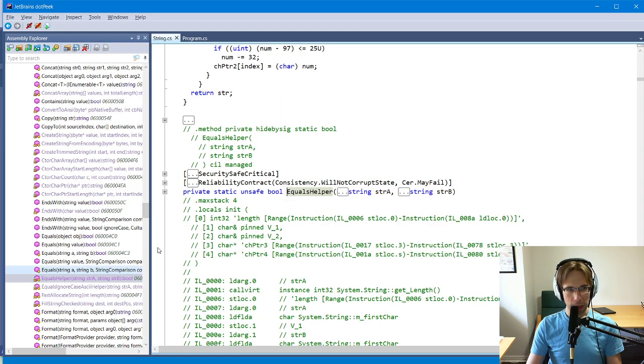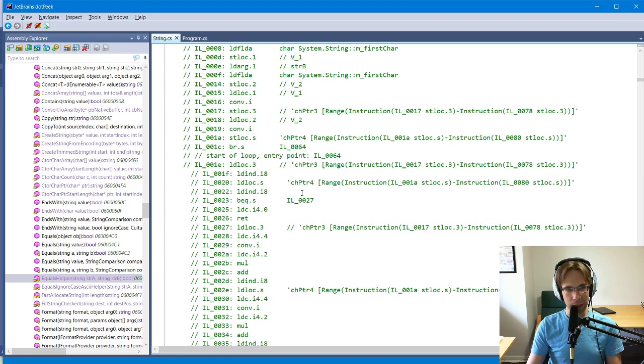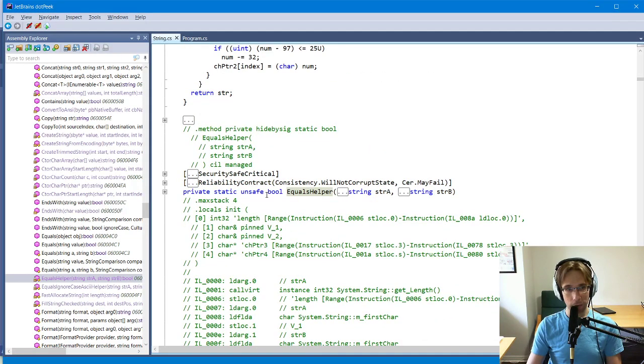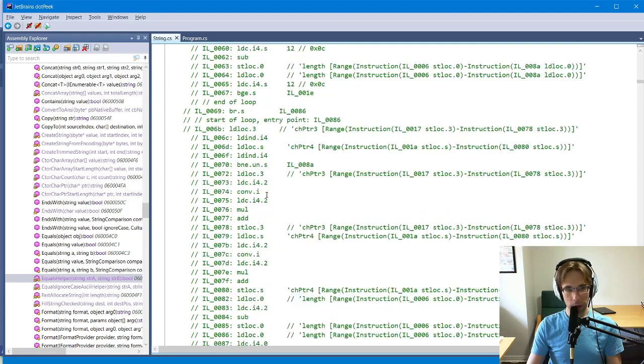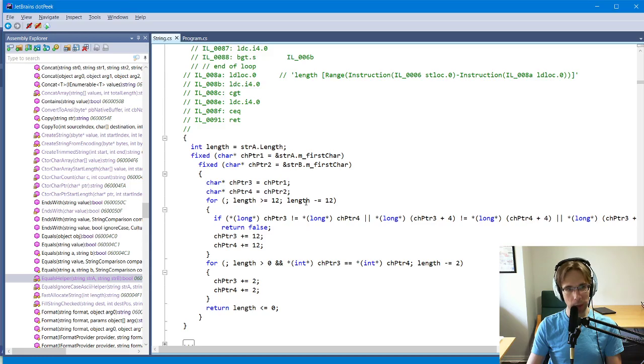So equals helper is a private static method. It's also marked with unsafe. Interesting. And if we look here, the IL is a gigantic jumbled mess. Oh my God, we're doing pointer dereferencing. There's a whole bunch of stuff going on here. Basically, we go through and see if the two strings are equal. This is where we run our actual equality comparison code. Isn't that fascinating? So both string.Equals and the equality operator both end up boiling down to call this equals helper